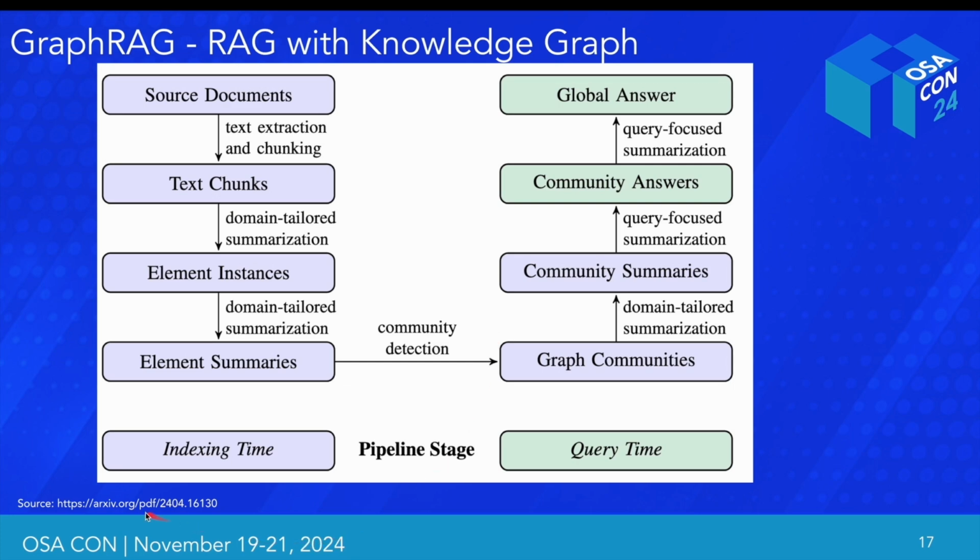I have given the link of the paper as well, which arrived in 2024. So it's a new approach presented in 2024, which reduces many of these issues of a naive RAG by detecting communities, which are groups of nodes or entities that are densely connected with each other, but sparsely connected with other nodes. And by identifying central nodes, which are important nodes within these communities, and then aggregating relevant information associated with